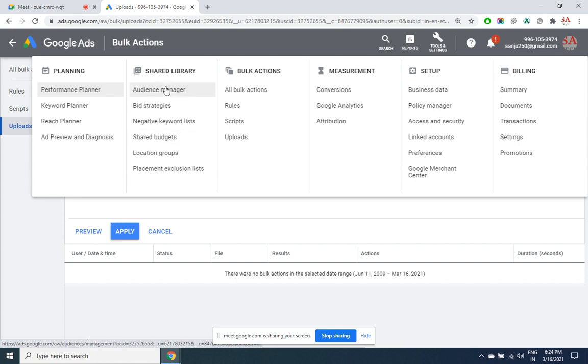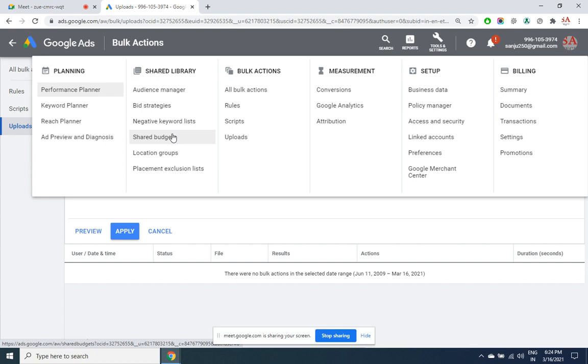So what are the audience that you are creating here while you create a campaign? So there in the demographic, one option will come as audience rather than targeting the gender, rather than targeting specific users according to the age. You can target according to the audience that you have created here.